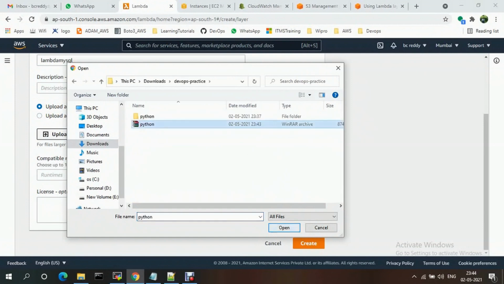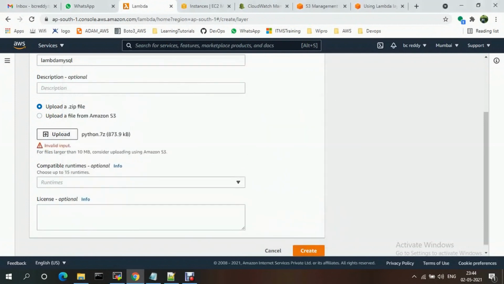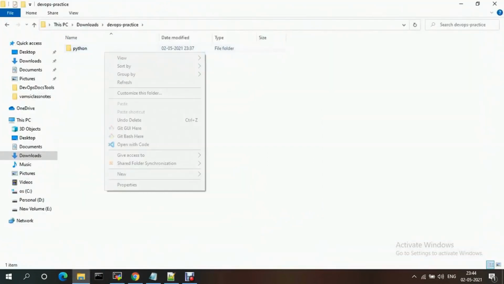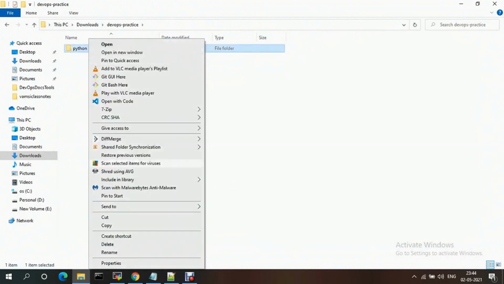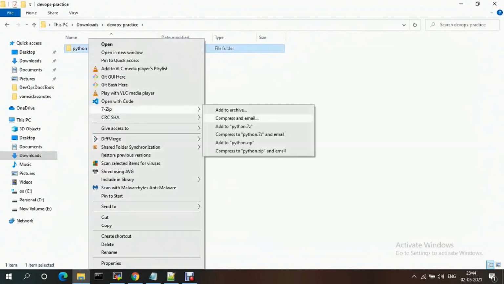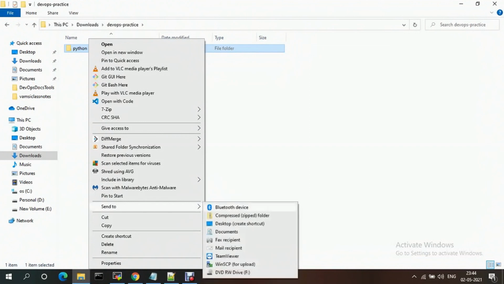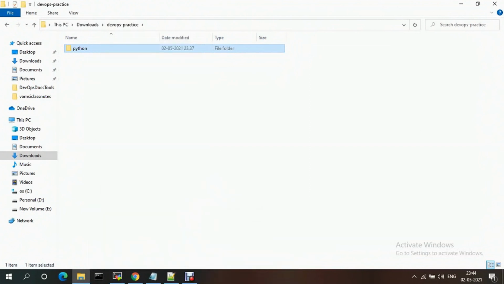I'm selecting this file. Invalid input, something is wrong with the extension. I'm selecting again and compressing this one.